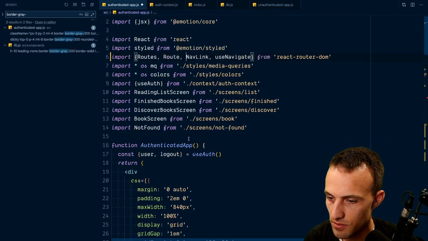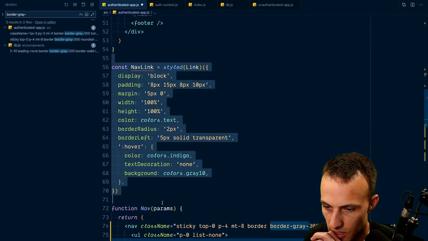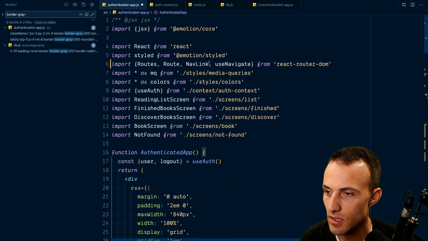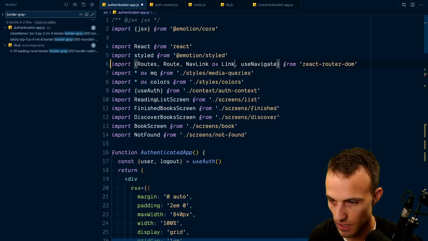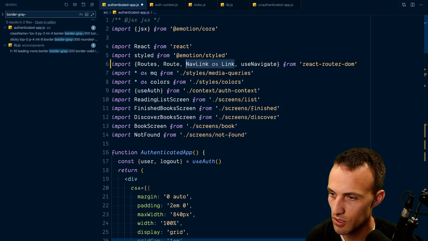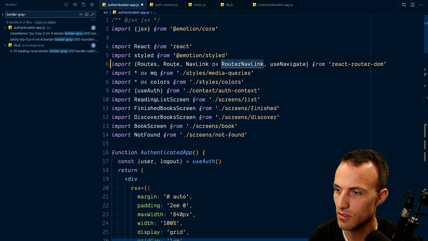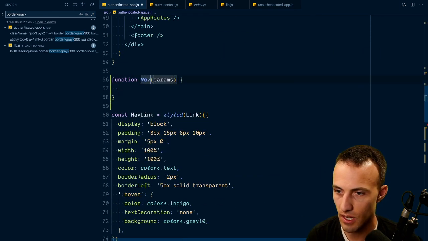Nav link. And then here's all the other things. Okay, so as link, or yeah, we'll just do, no, that's not what we want. As router nav link, and then we'll come down here, make a function nav link,